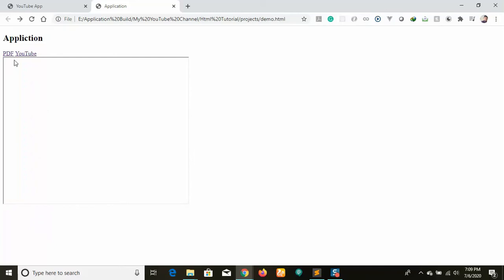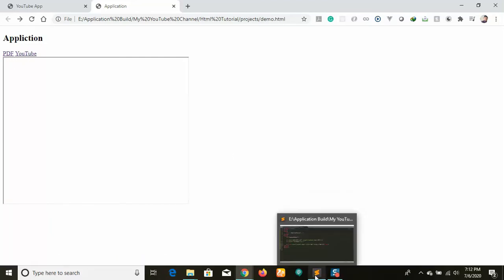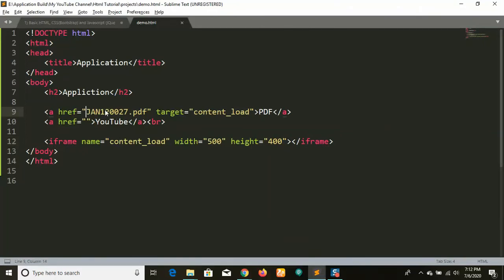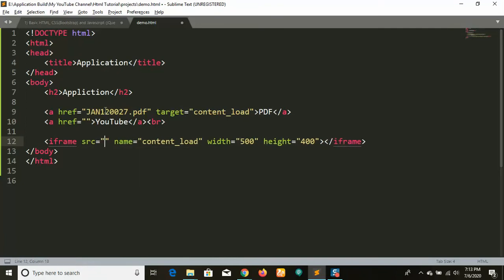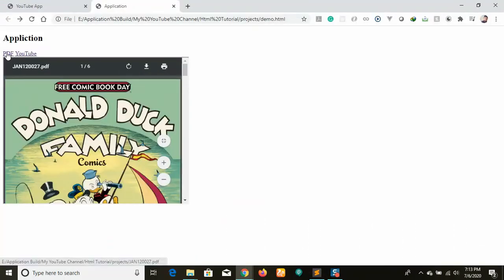So when I reload this application, you can see it is empty, right? So instead of empty, you can also directly pass any file. Okay, let's load it. So I have taken this file right here. Previously I said how the SRC works. If I have any HTML file or something, you can just pass it. Currently I have a PDF file, so let me save and run. So the initial PDF was loaded. Previously I clicked on PDF and it was loaded, right? Now it was loaded initially.